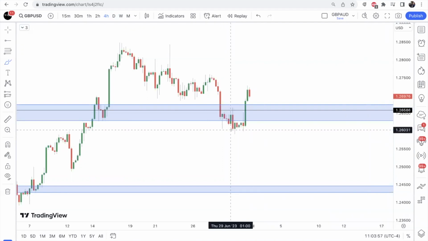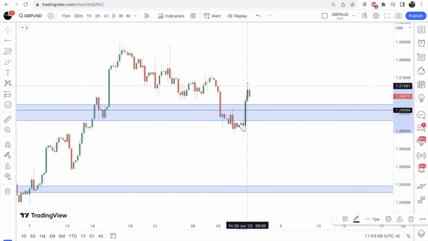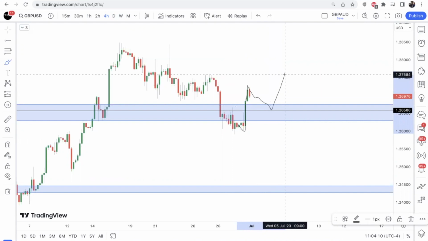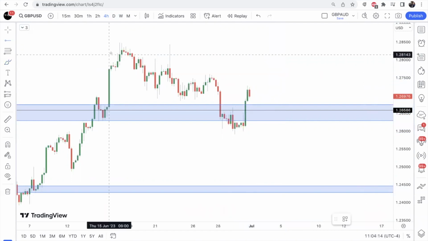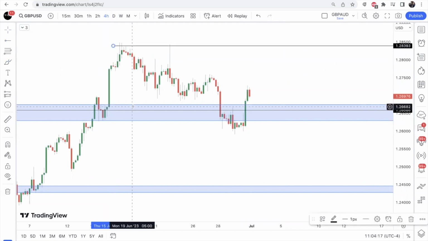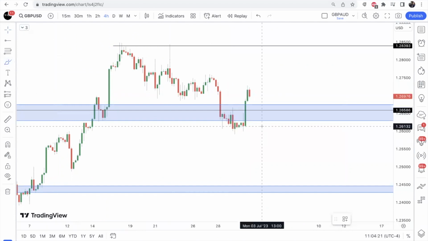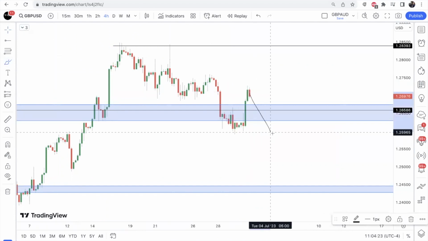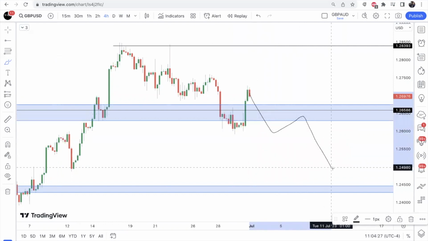So this was basically a false breakout. Then we had an impulsive pump back above this level of structure. So I will expect some type of pullback or retest here, some type of pullback correction of this, and look for price to continue up. We could see price possibly head back to this high, something along those lines. So the only thing that will change that bias is I will need to see a sharp break back below this level of structure. And if that's the case, then we look for sales.